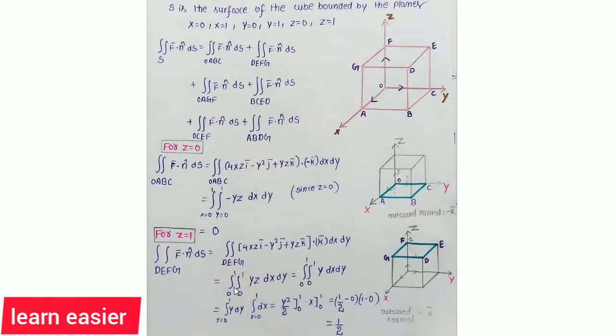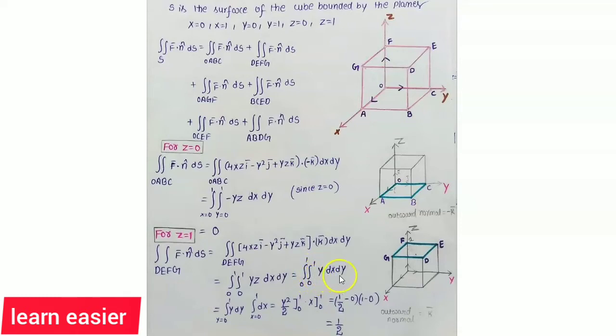Now here also we have taken the same limits for x equal to 0 to 1 and y equal to 0 to 1. So that's why we have limits x equal to 0 to 1 and y equal to 0 to 1. And here also we have the z term. So now since we are taking the z equal to 1 plane, let's substitute z equal to 1 in this. So y into 1 is y. So we get integral 0 to 1 and here also integral 0 to 1